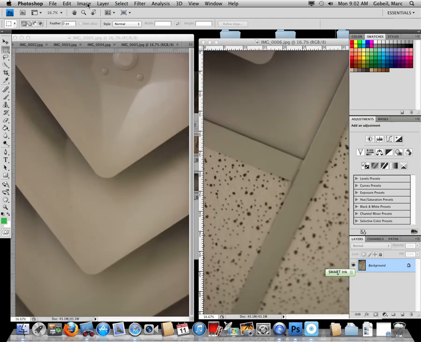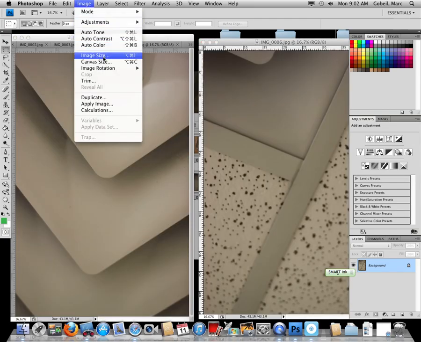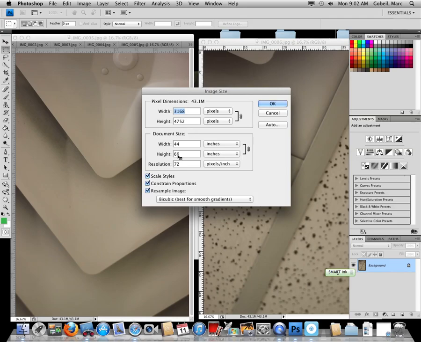Then I'm going to go to image, image size. Right now, this is the raw image size. It came out as like 66 inches high, which is bigger than a poster. What I'm going to do is make sure that everything fits the way it should fit. So the resolution is the first thing we change. It's 72, so that's fine. Now the height. Anytime you grab one of these and change it, the other should change too. So I grabbed the height, which is the biggest number, and I changed it to 3, and the width automatically